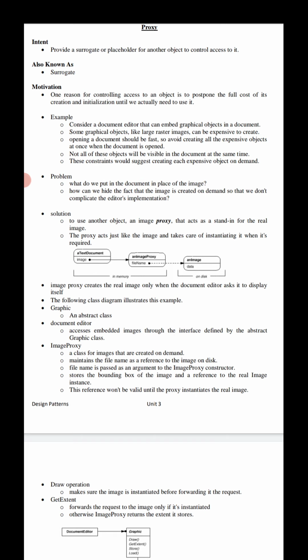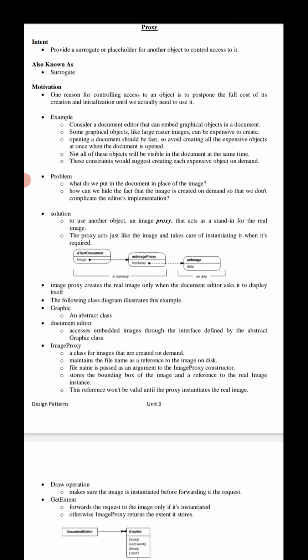The proxy is an object, and it comes under the category of object structural design patterns.